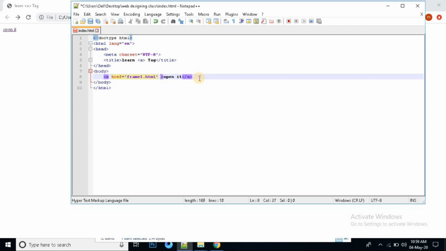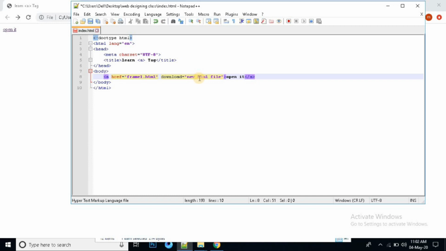And for the download attribute, we can type only download, and it will work only if you upload the file on the web server. So I am only showing how to write this code. We can just write download. It will download the file automatically when the link is clicked, or we can also specify the file name when it is downloaded. So we write download equal to new HTML file. So when I click on the link, it will be downloaded, named as new HTML file, and the extension will be given as per the extension of the original file.